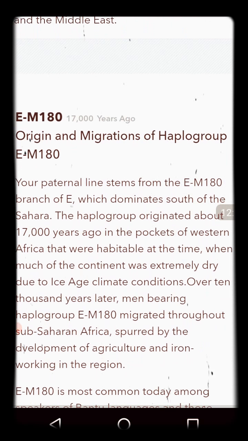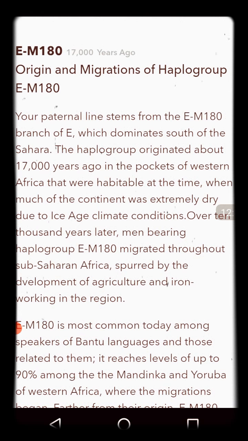So look at E-M180. I think this is where you get the tribes of Israel. Your paternal line stems from, you see, my paternal line, so this is just my father's house, stems from the E-M180 branch of E. And so this is where I tell you, I think you're only dealing with the sons of Jacob in this branch right here, all right? That's my belief. This is it. This is where you get Israel. This is where you are, if you fall under this,